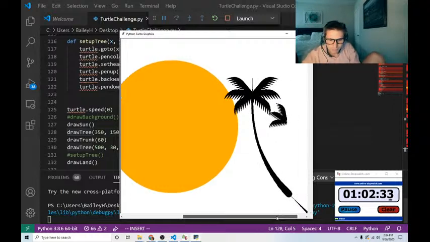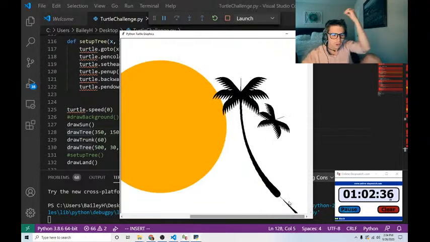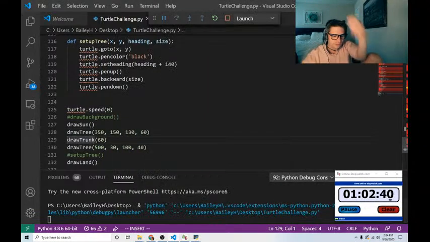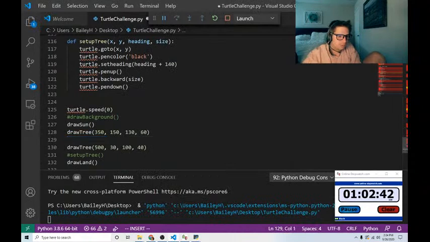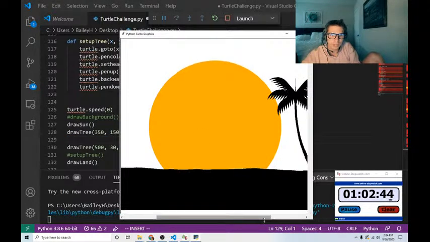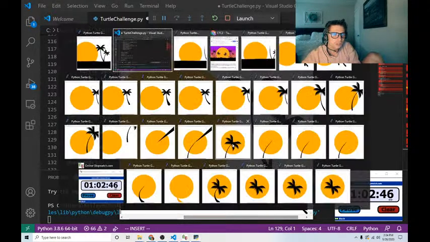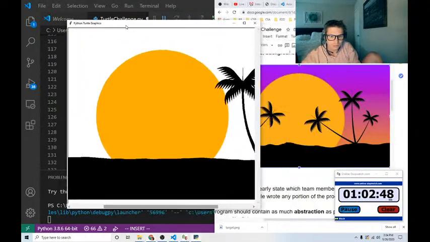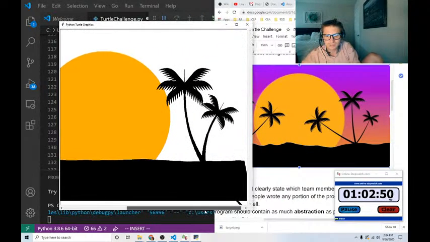Uh-oh, why did that move? Oh, it's because I have another draw trunk function. So I need to get rid of that. And yeah, man, it's looking pretty good. Although that little tree's still not exactly where I want. I'm going to keep it for now because they end up meeting up really close to each other. So then the last tree